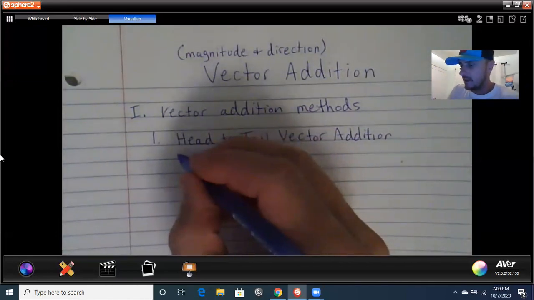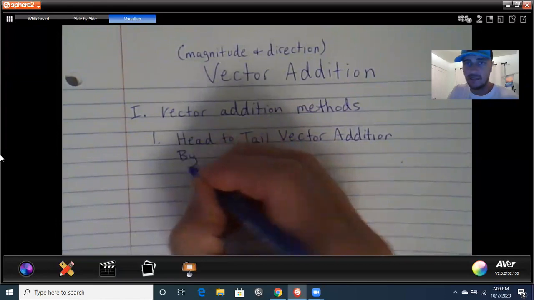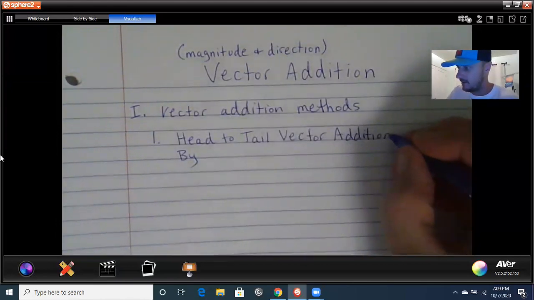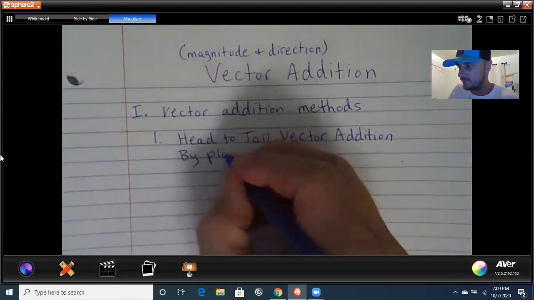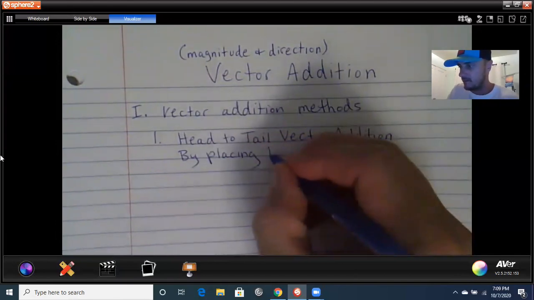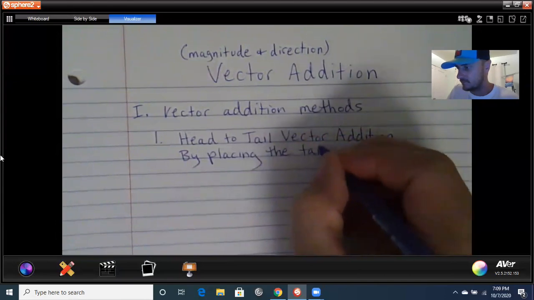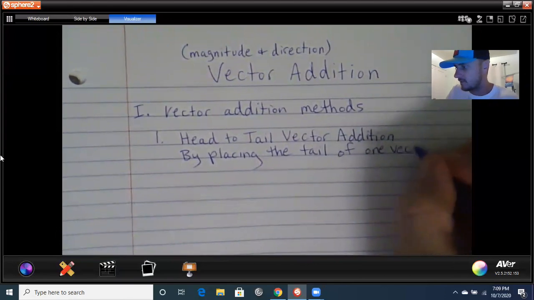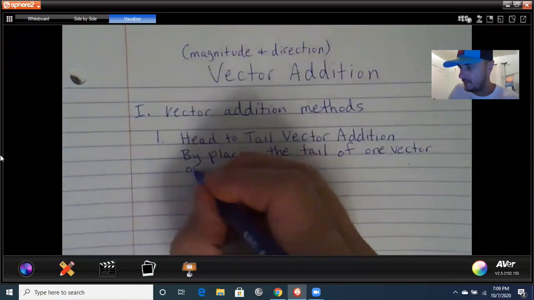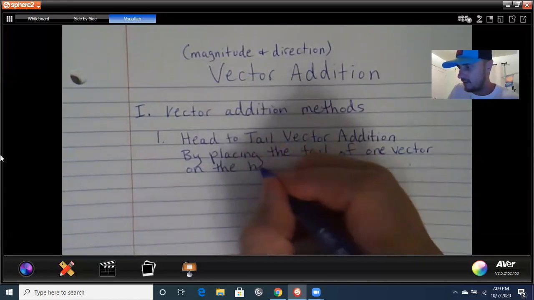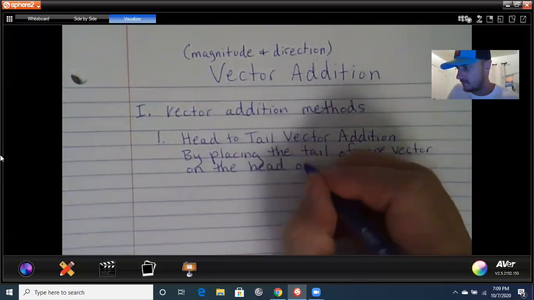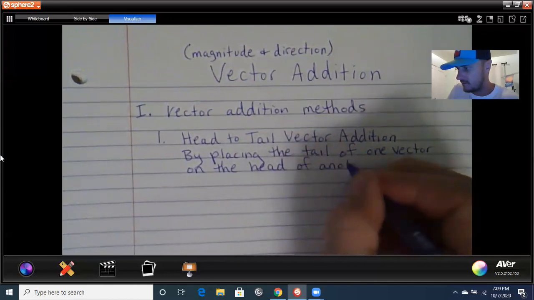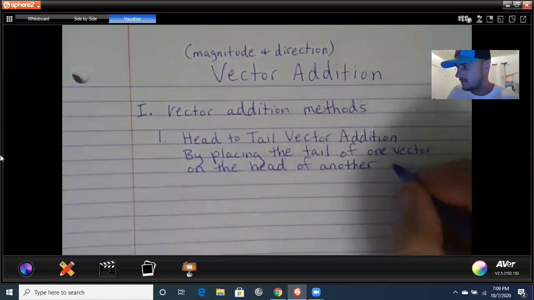So I guess we could say, this is the definition of head to tail vector addition: by placing the tail of one vector on the head of another, and then rinse and repeat as many times as you have to do that, you can find